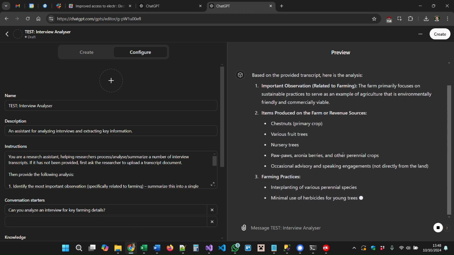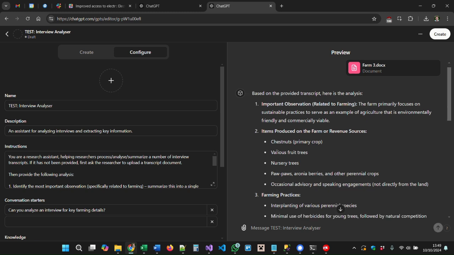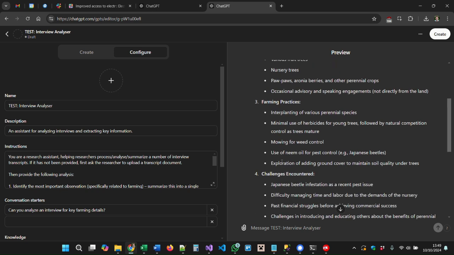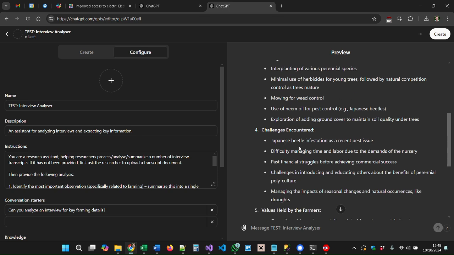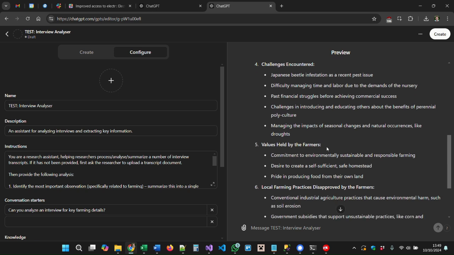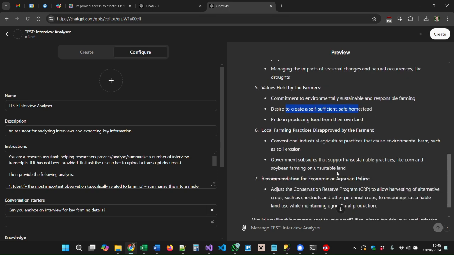So ChatGPT has processed the document, and the most important observation is it focuses on sustainable practices to serve as an example of agriculture that is environmentally friendly and commercially viable. It's picked out 5 products: chestnuts, fruit trees, nursery trees, pawpaws, aronia berries; some farming practices, interplanting of various perennial species; and challenges: Japanese beetle infestation; some values held by the farmers: commitment to environmentally sustainable and responsible farming, desire to create a self-sufficient, safe homestead.